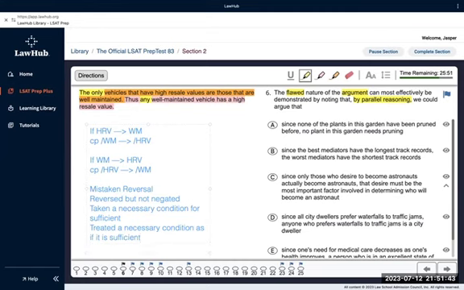So improving on this type of question, I think, is less about question type and more about the flaw type here, right? So it's more about understanding conditional language and the flawed conclusions that you can come to from